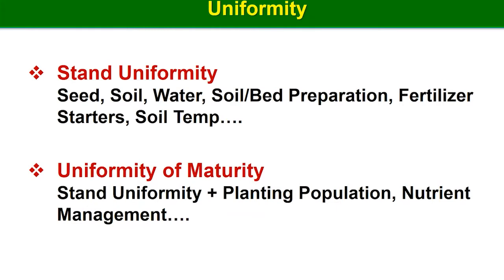With non-uniformity in maturity, we will have problems at harvest, and the quality may decrease because of the back and forth. We don't know if we go and harvest now or wait for more maturity, if we are going to lose some seeds, or there would be a problem. So the stand uniformity depends on seed, soil, water, bed preparation, fertilizer, and